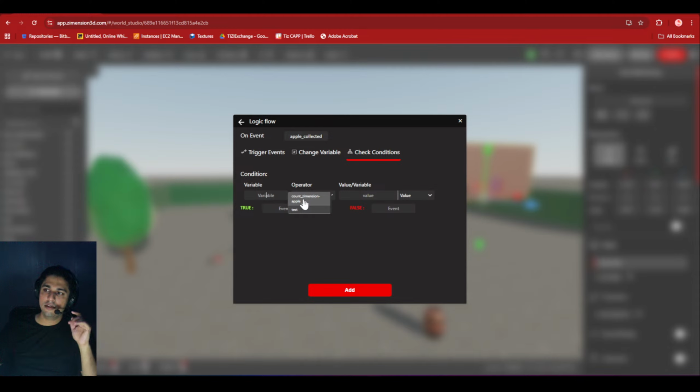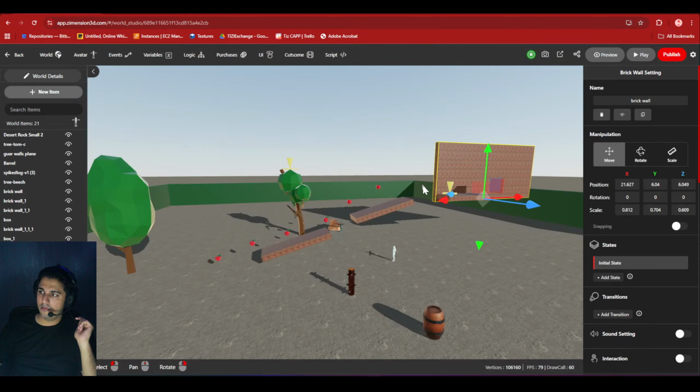So let me add this variable apple count. If count is greater than 7, you can always use another variable here as well, but right now we're just using the value. And if it's true, then we will trigger some event. So I have not created that event. So yeah, I'll click on this wall.